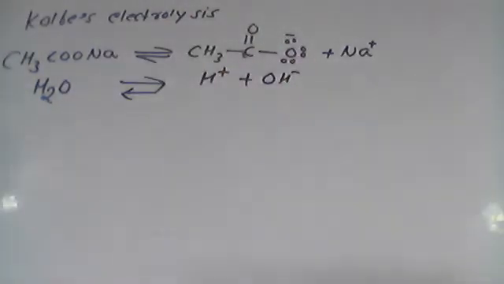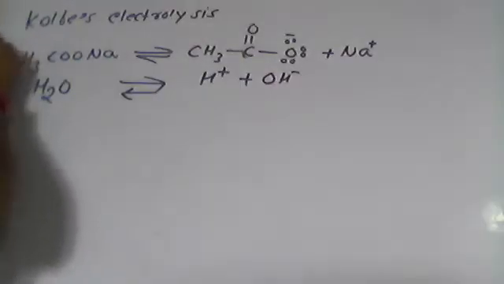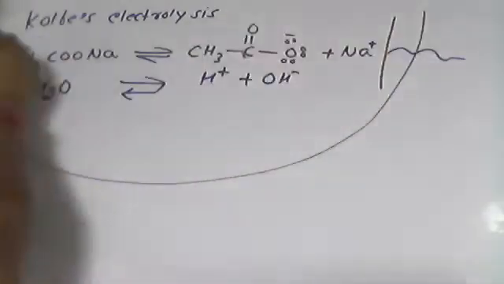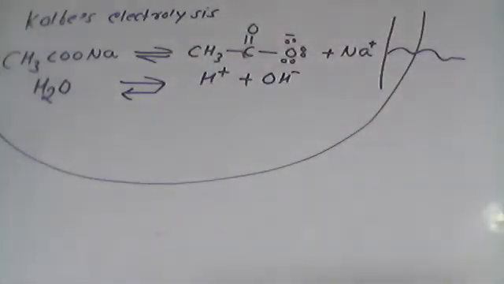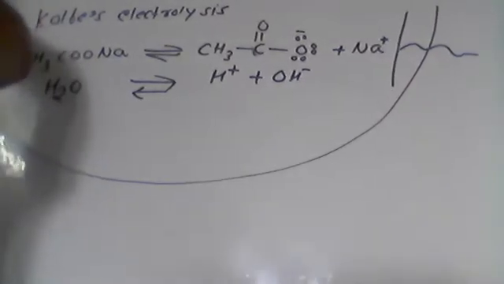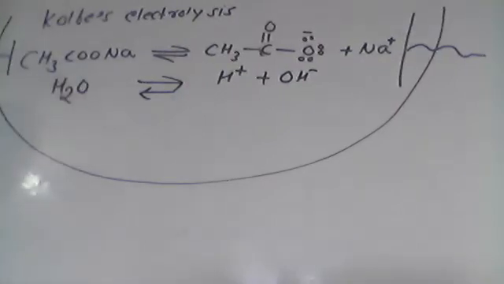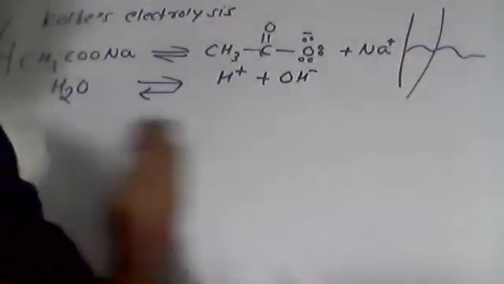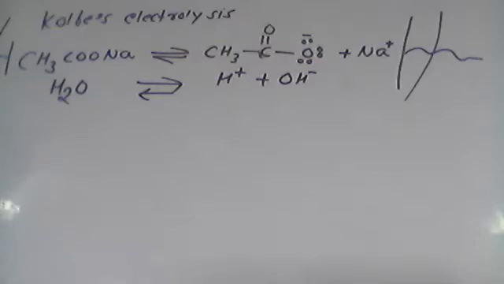Now what we are going to do is the electrolysis. Electrolysis means I'm going to put one rod here. This must be present in a container. In this container, one metal rod I'm going to place on this side, and another metal rod on this side. And we are going to pass electricity from it, so the reaction will take place at the anode and cathode. We are going to pass electricity through this solution, which means we are going to do the electrolysis.